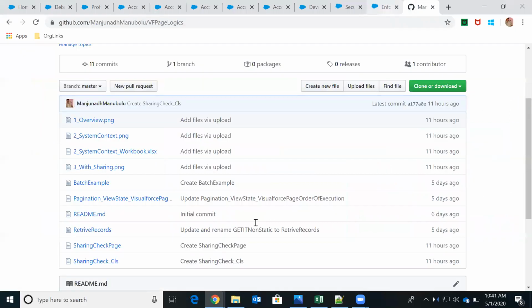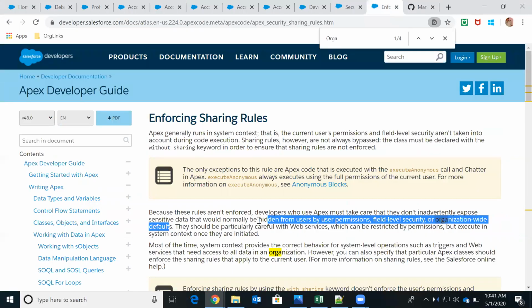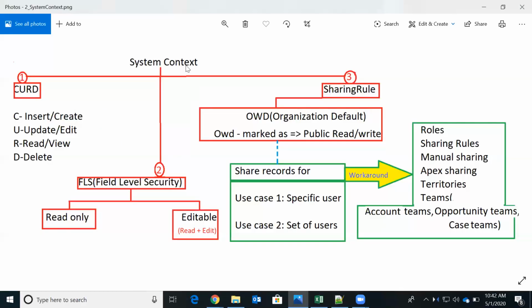So in this official document, they have clearly given what those three are. I have taken it from this point. So what I'm saying is, in system context, the reason we say we just need to learn about these three things is that even the official document has given this. We just need to learn about these three things, then we are good with the system context.